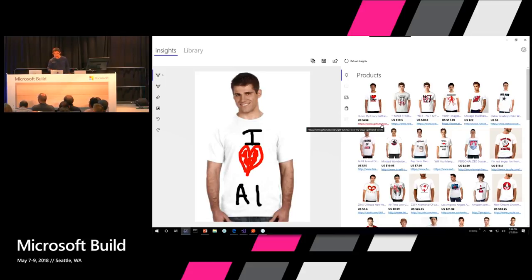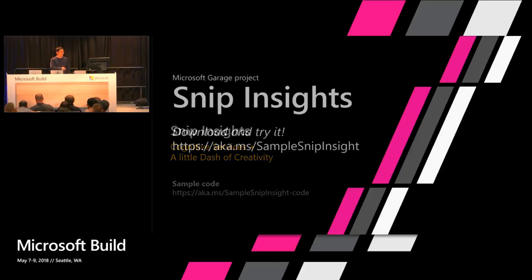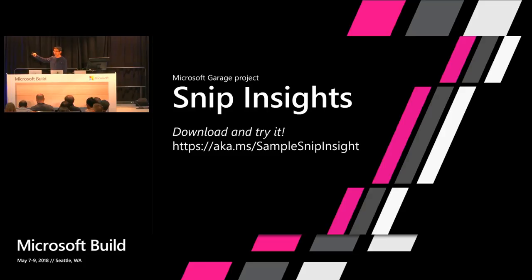Now, of course, this tool is much more than that. And the source code is all available. All you need in order to get to a tool like this, right, is cognitive service, a tinge of creativity, as well as AI, right? So let's switch back to the slides. Now, a good news is not only the source code is available, today, just at about 2:45, the Garage team has also made the tool available for download. And therefore, if you download this, you'll get exactly the same app that I've shown you, right? Awesome. Thank you.